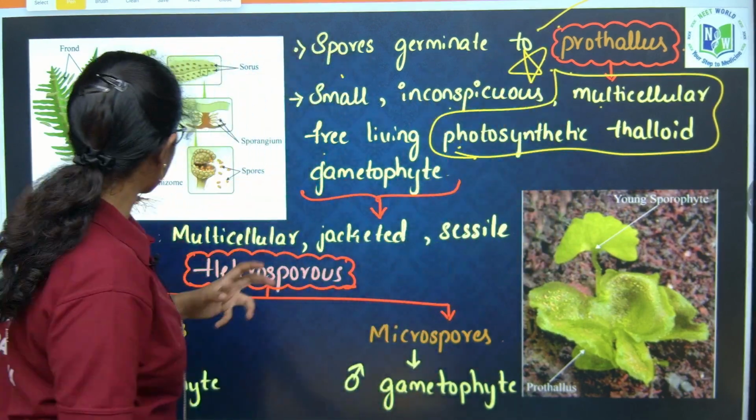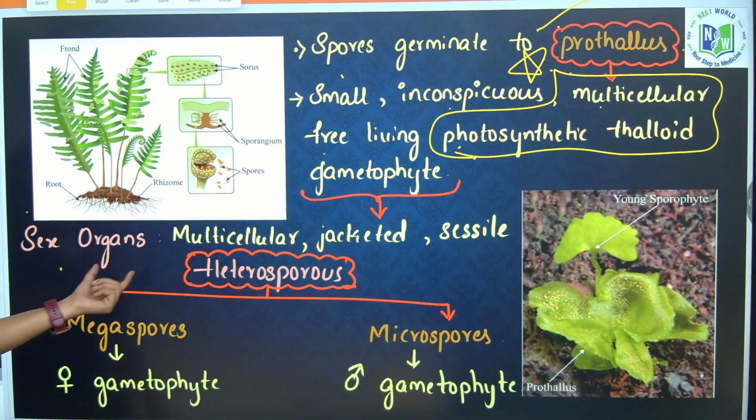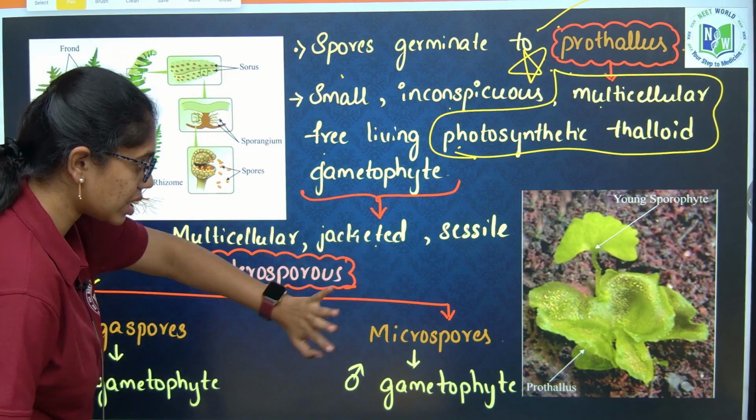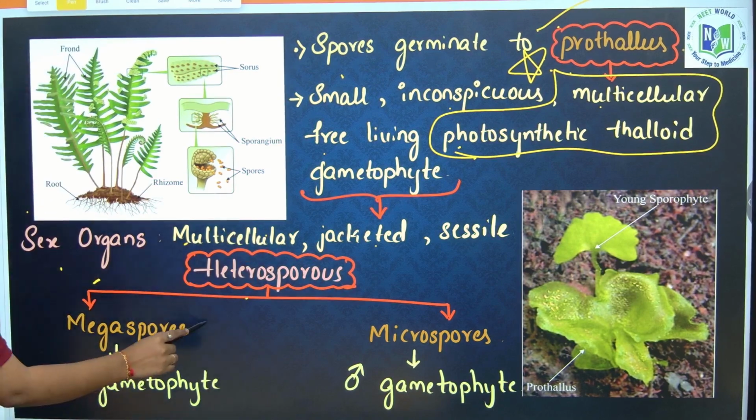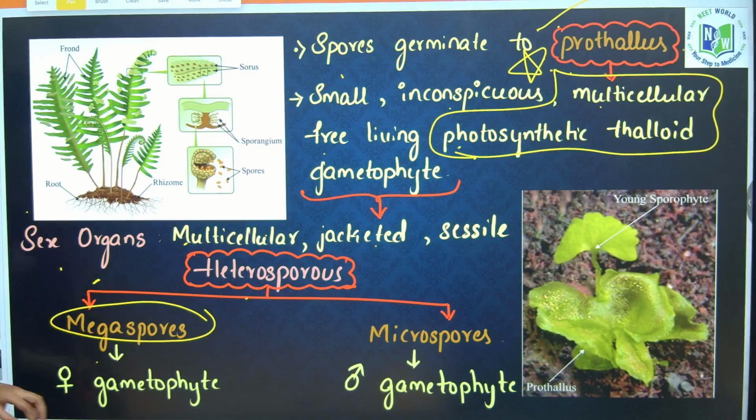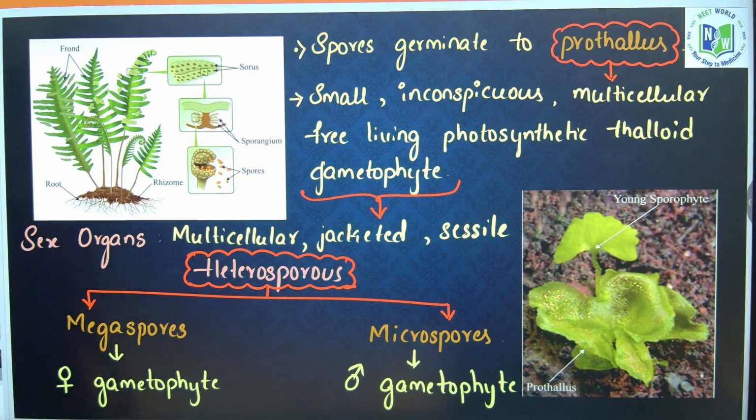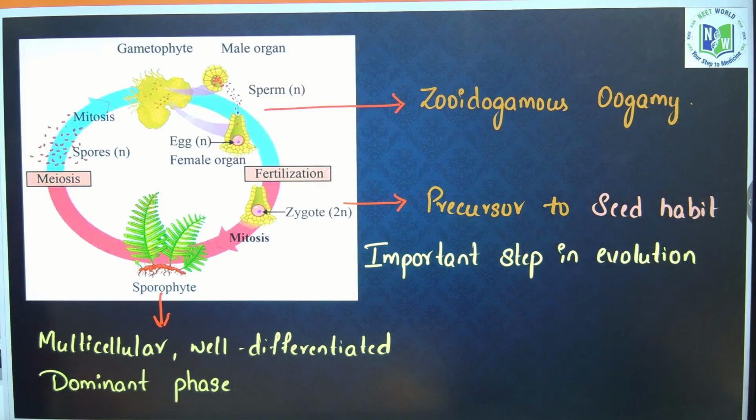Okay, next. Sex organs are multicellular and jacketed, sessile. Heterosporous condition, megaspores will develop into female gametophyte, microspores into male gametophyte. Clear? Now, if you see the life cycle of pteridophytes,